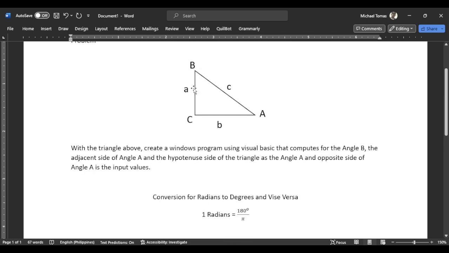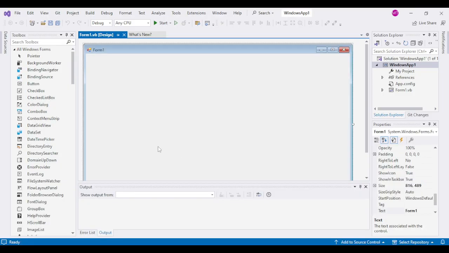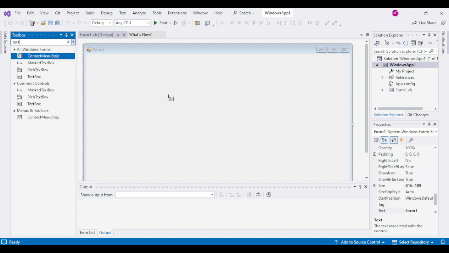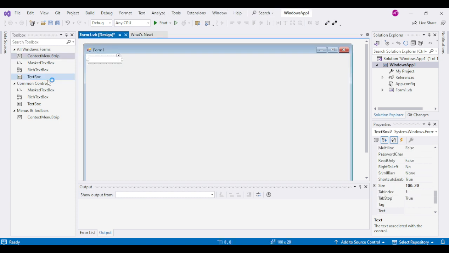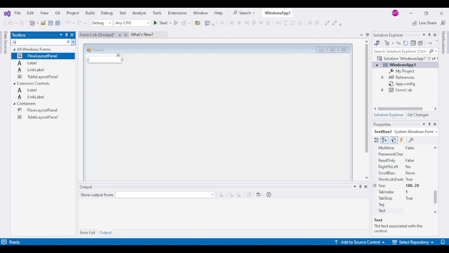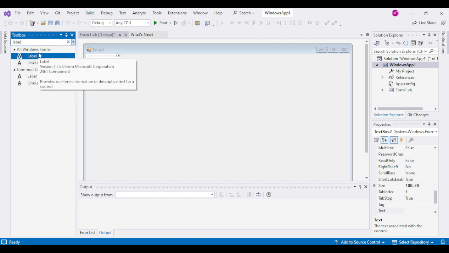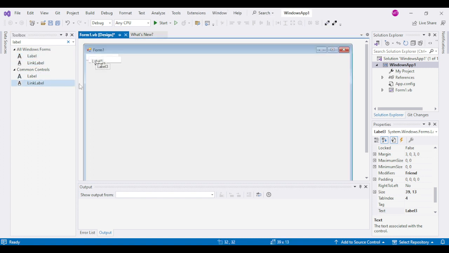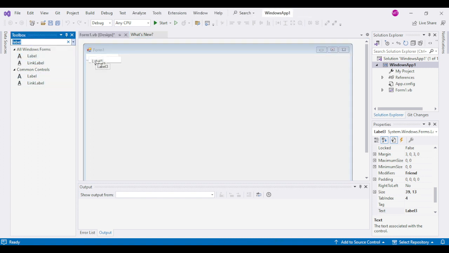So let's go to our Visual Basic. First, we put some text boxes here. We need two text boxes because we have two inputs, 1 and 2. Then 3 outputs, which I will use labels for, so 1, 2, and 3. Then we need a button. One button